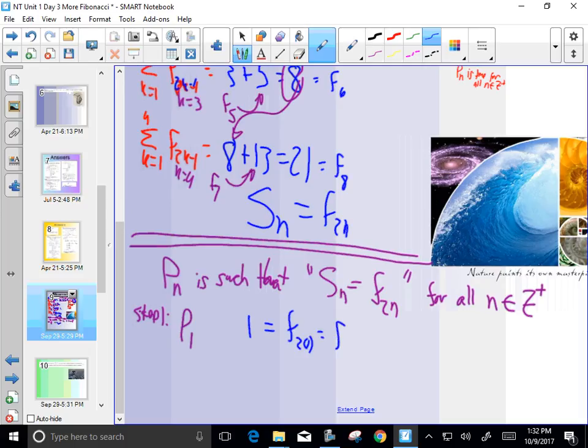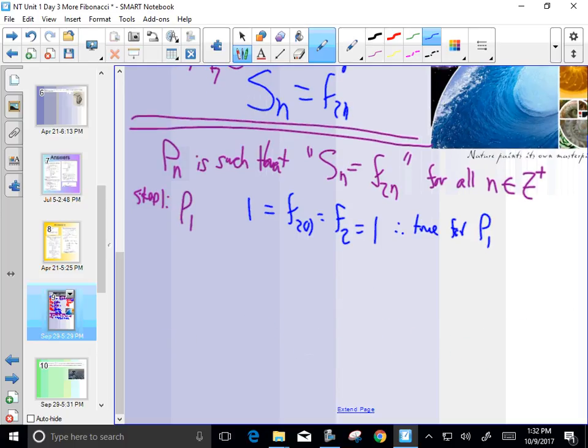And what's f of 2? What's the second Fibonacci? 1. So it did work for that one. Therefore, true for proposition 1. Then we have our step 2, if you want to call it step 2. And with step 2, we're going to say